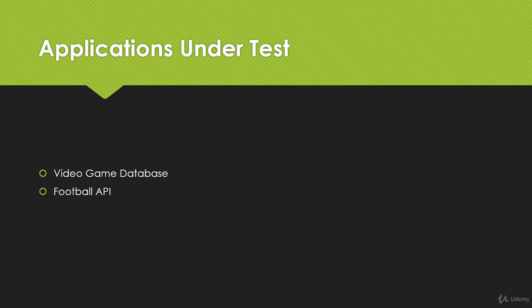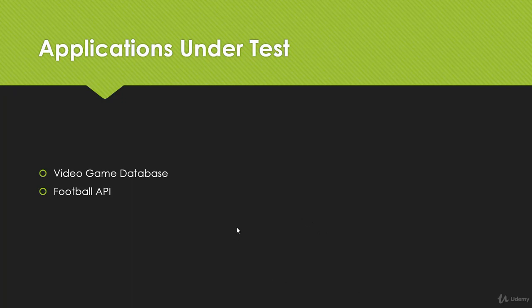So there are a couple of applications that we're going to test the APIs of in this course. The first is an application that I created myself called the Video Game Database. This is just a very simple API application that supports both JSON and XML. And the other one is an actual API on the internet called the Football API. So we'll cover that in the next lecture, but for now we're just going to go over my application, the